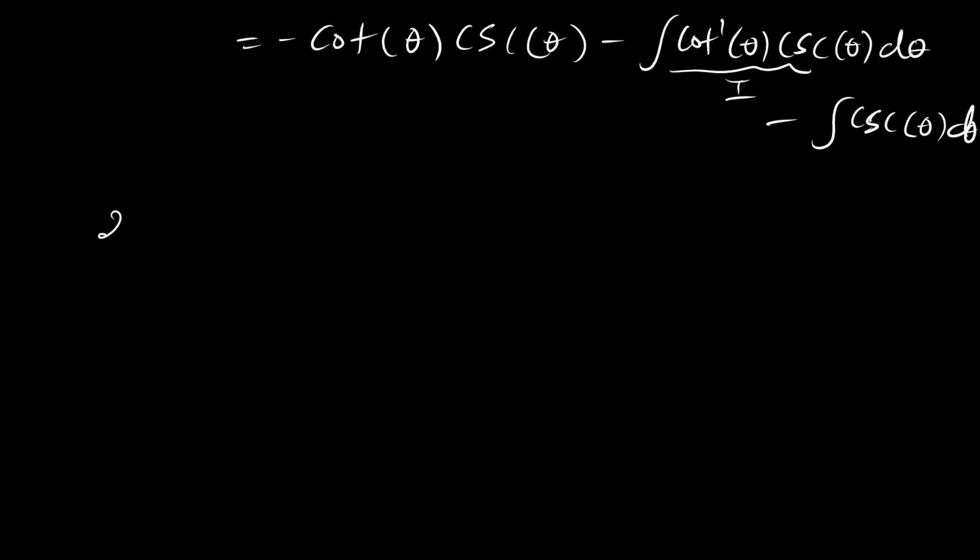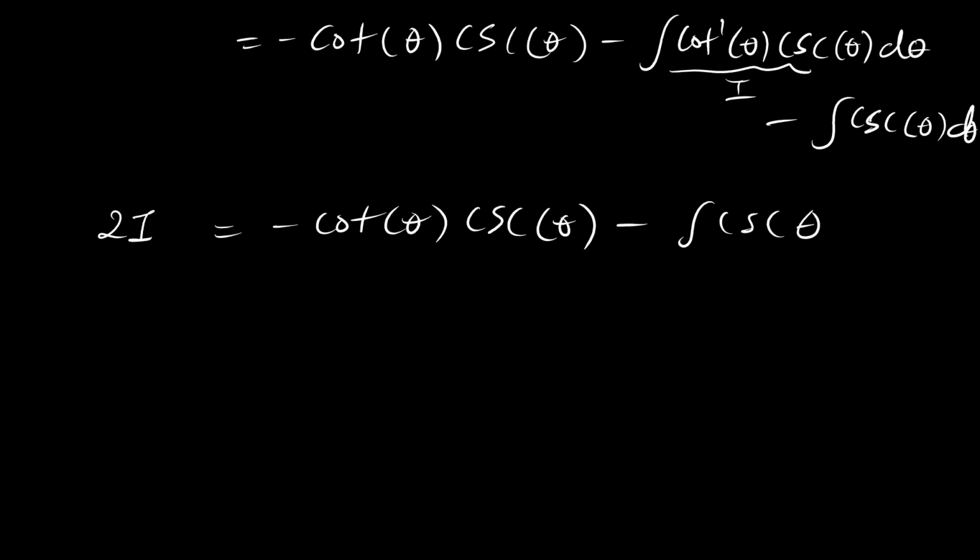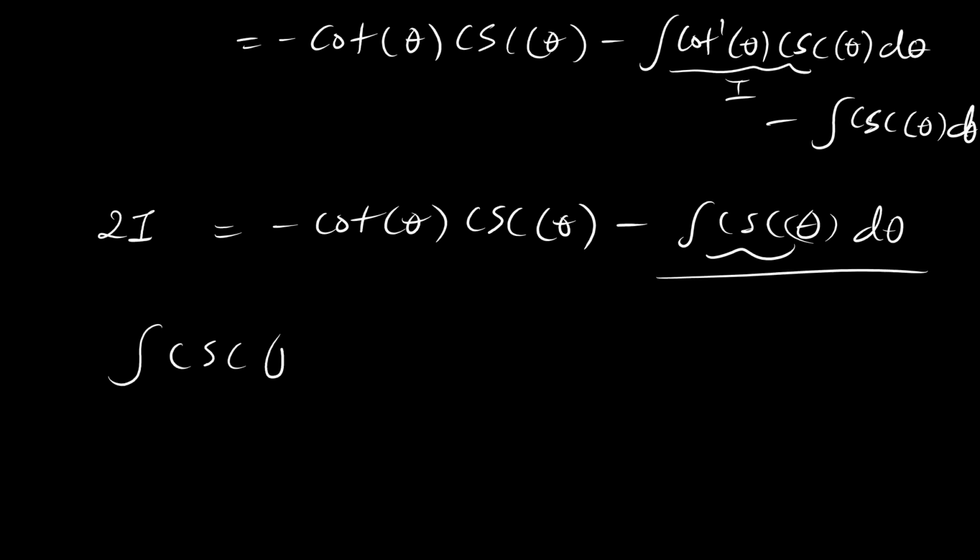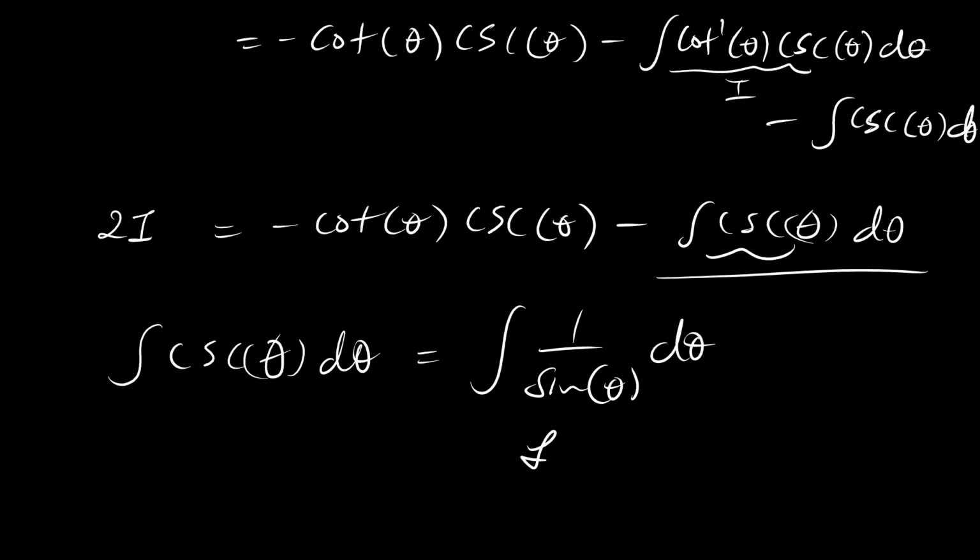In other words, we can pull out, and so we have 2I is equal to negative cotangent of theta, cosec of theta, minus cosec of theta integrated. This is an interesting bit, so let's focus on this for now. What is cosec? Cosec of theta is the same as 1 over sine of theta integrated,